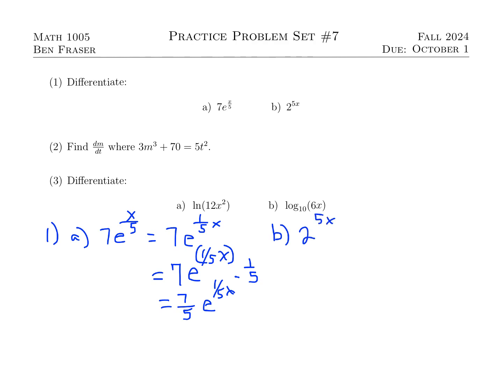If I do b, I've got an exponential here, and so when I do exponentials, I'm going to use my logarithm for my derivative. So if I have y equals a to the x, then the derivative of that is a to the x times the ln of a. So I'm going to follow those same rules, only my a is equal to 2, and my x is actually 5x this time. And so if this is y, I'm going to have y prime equal to a to the x, so 2 to the 5x,